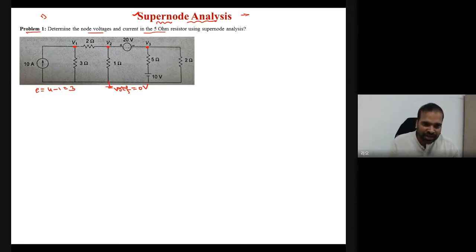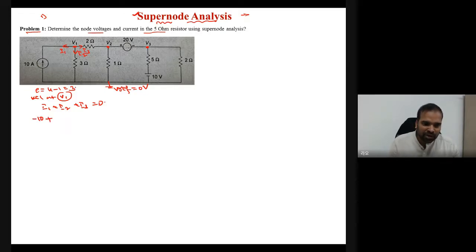See here. So can I apply KCL at V1? Of course. Before applying KCL at V1, consider that current is leaving through each branch from V1. So I1 is leaving through this branch, I2 is leaving towards the 3 ohm, and I3 is leaving towards the 2 ohm resistor. If I apply KCL at V1, I can write I1 plus I2 plus I3 equal to 0. This is my assumed current direction, but the actual current is flowing in the opposite direction. Therefore, this is minus 10.